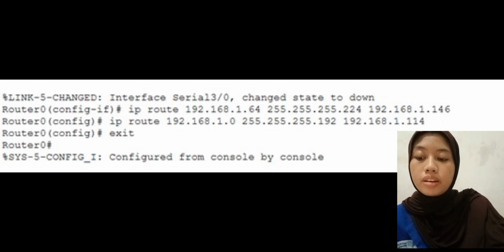The second IP route line is the command to register a route to subnet C via router 2. Then exit is the command to exit configuration mode, followed by a success message that the static route has been successfully saved into the router system via console.